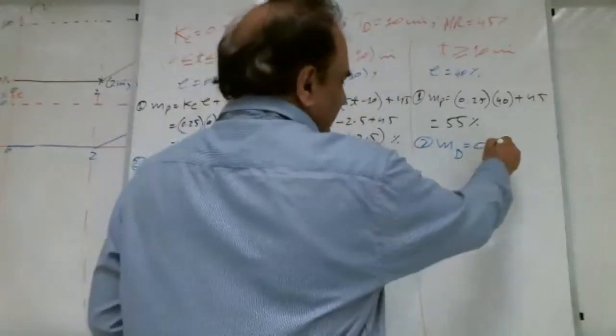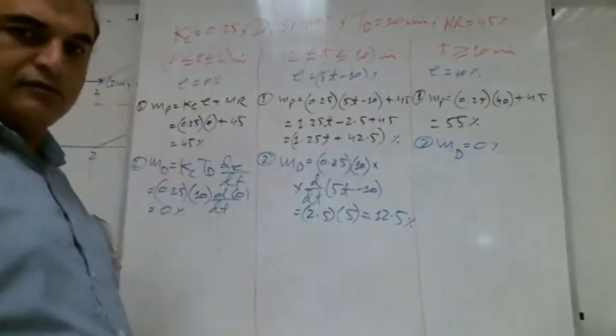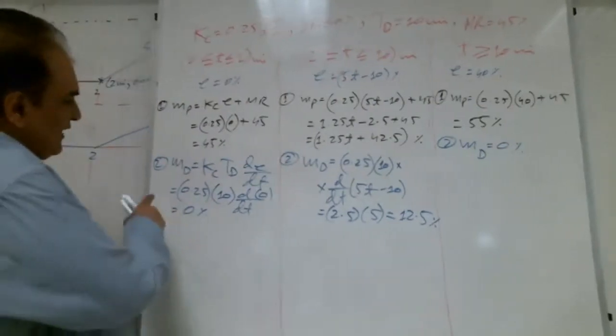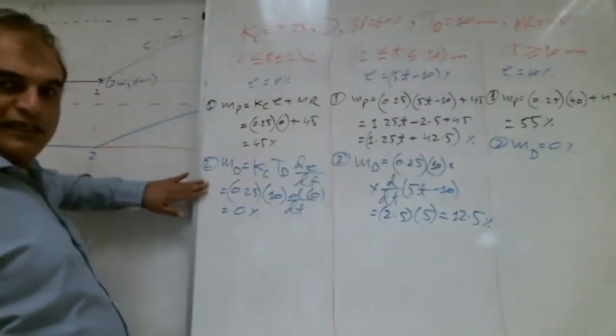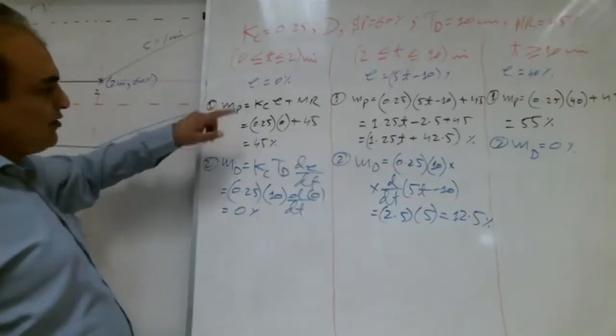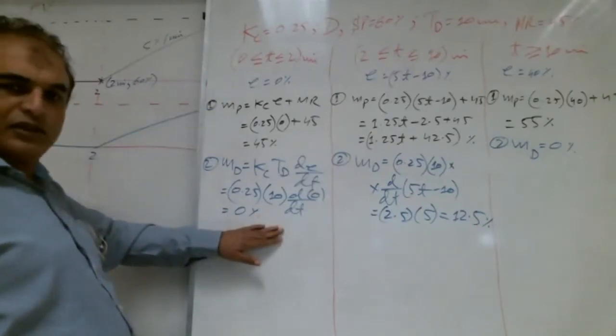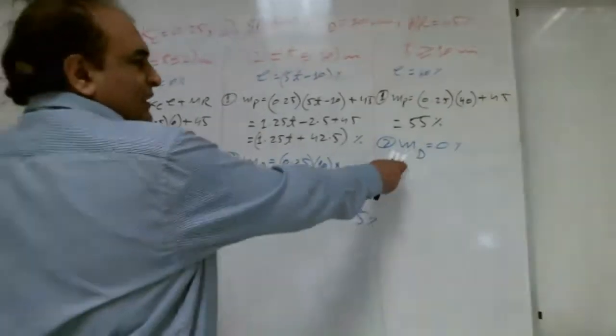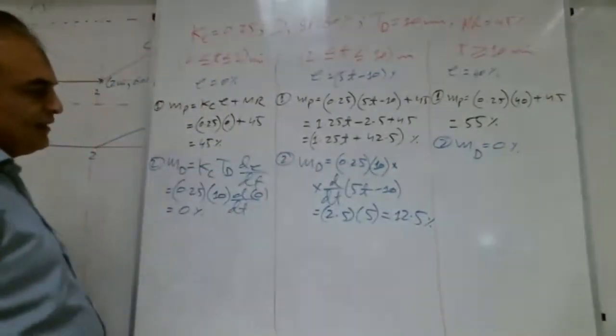Okay, what is the second step here, Shabab? Can I write 0 directly here? Yes, teacher, we can. Because we already have proof here. See, we already proved here: if the error is constant, the output is 0. So now here we can write it directly, no problem. Right, Shabab?